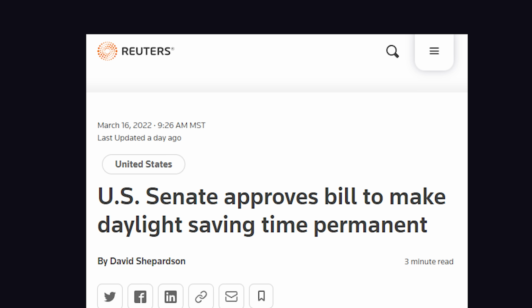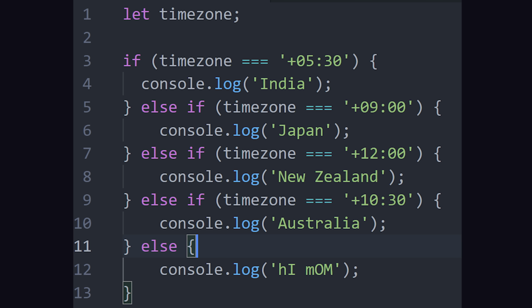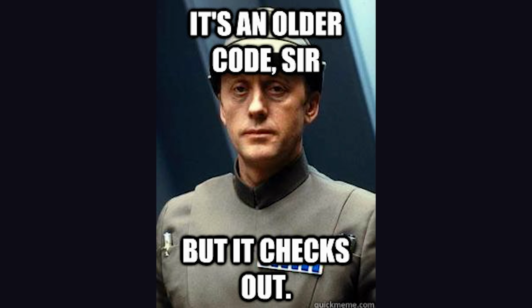But there may be some good news when it comes to keeping track of time. There's a bill going through Congress right now to get rid of daylight savings. Honestly, it doesn't go far enough, and I wish they would also get rid of the Gregorian calendar. This could be bad news though for low-level systems programmers who figured out all these weird rules with time zones. I imagine this is the type of code that nobody wants to touch, but if we get rid of daylight savings, somebody will have to go in there and change things.